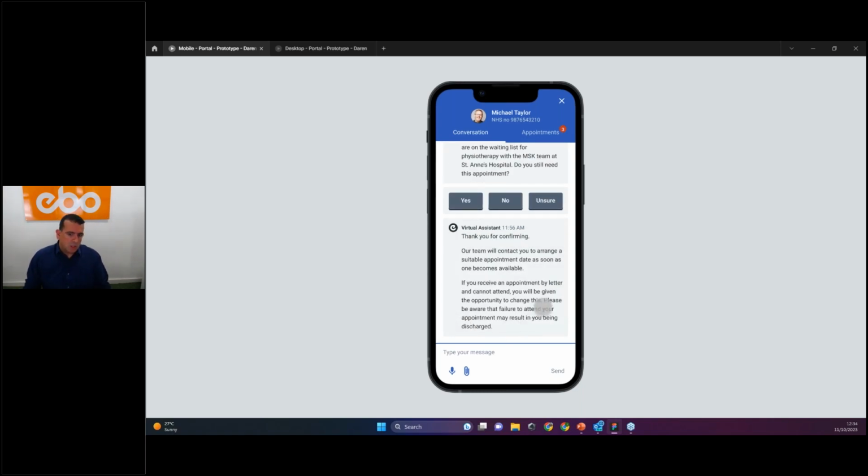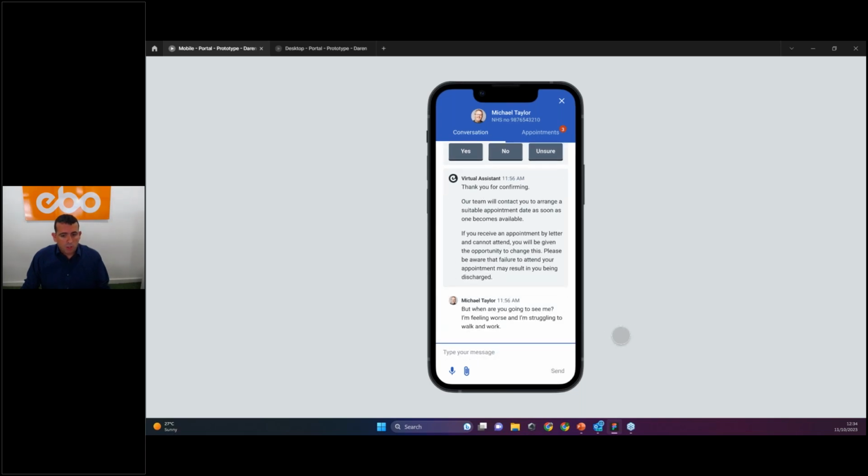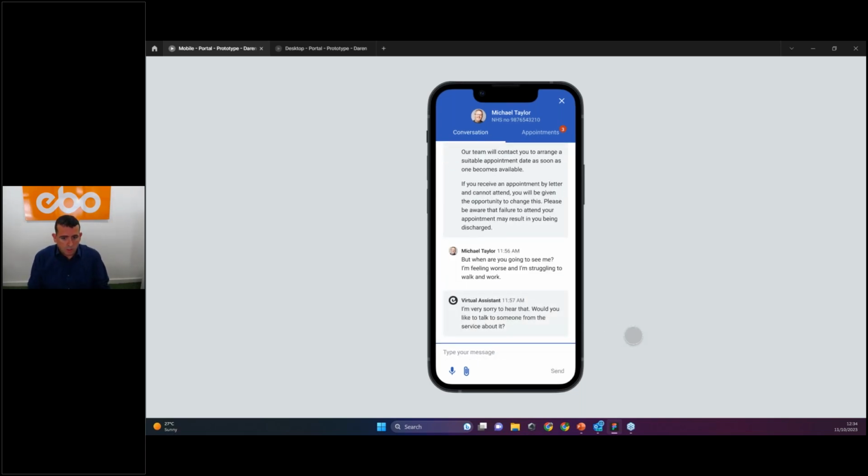This information then gets trapped, and at this point it can provide any information that is required by the trust to send out to the patient, guiding them to the next steps, etc. Now, the beauty of using the virtual agent here is either at this point we could trigger a conversation that the trust would like the patient to have with the virtual agent, or we could be actually ready to accept any further questions that could be asked by the patient. And as long as it is something that the virtual agent is capable of understanding, then it would trigger the appropriate dialogue. And we've built a number of these, and this is something that we've used very successfully.